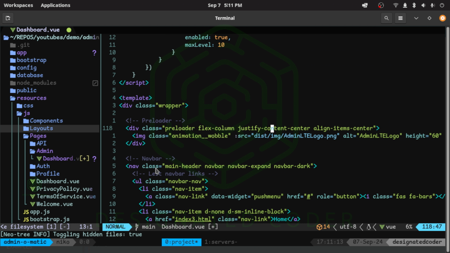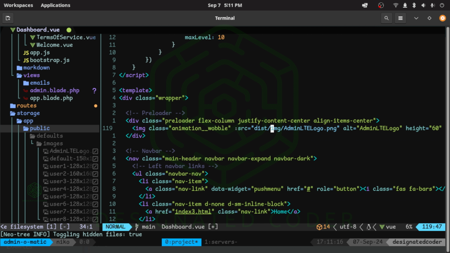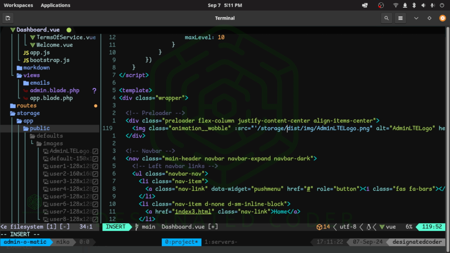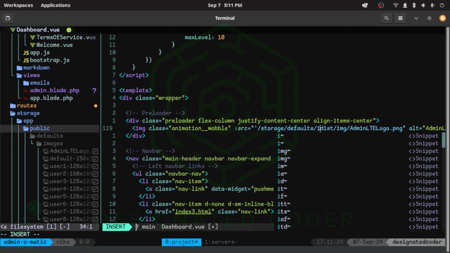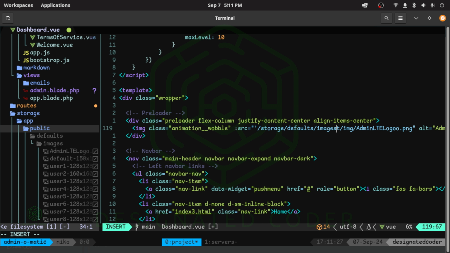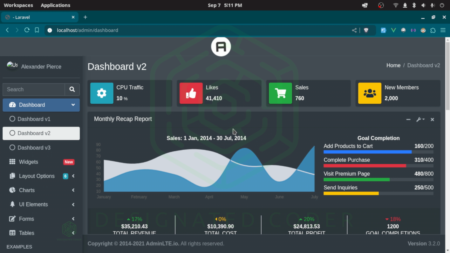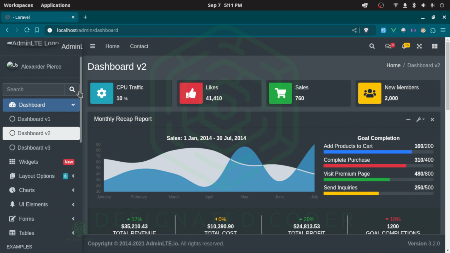In here, I've already forgotten. In here, it's going to be storage, defaults, images, and then I'm going to close that off. And we should be able to see that image now. We're going to go ahead and take a look. If I refresh that, as you can see, I know it went fast, but you can see that the logo is in there. So now that I've shown you how to do the images,